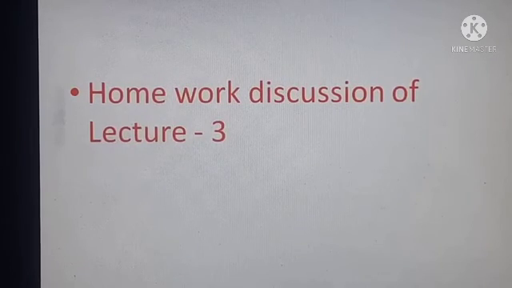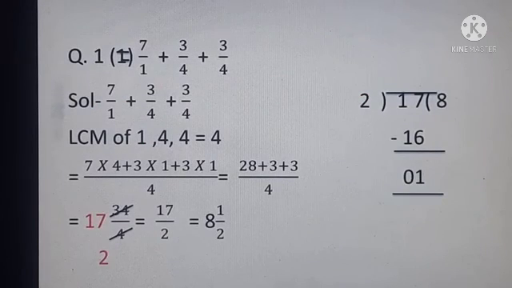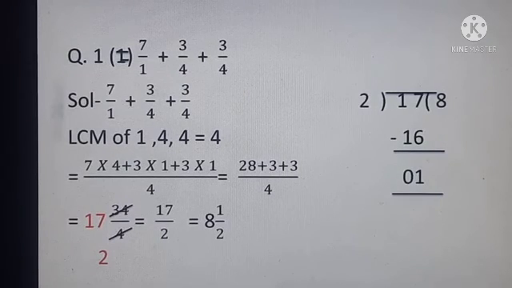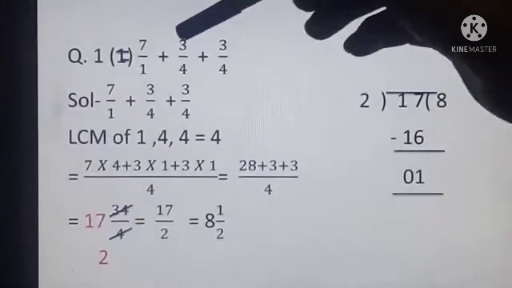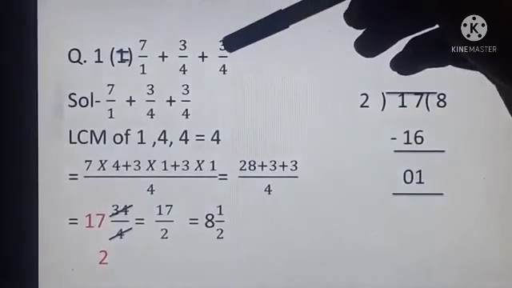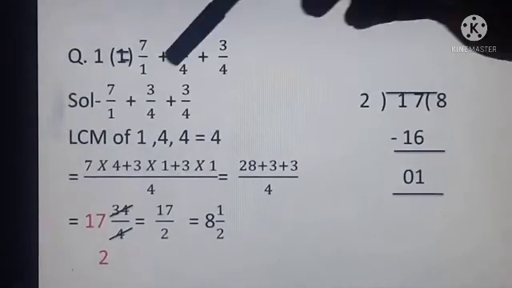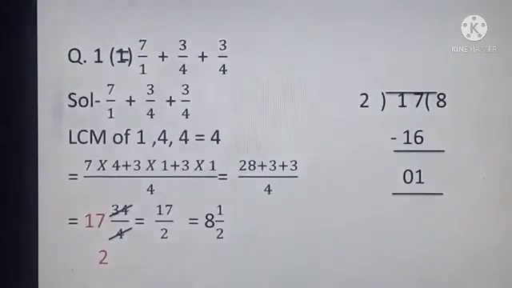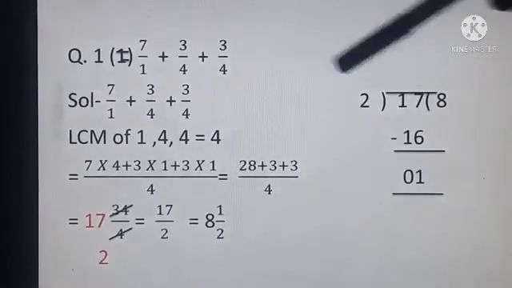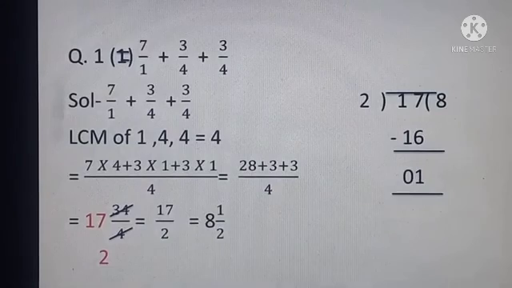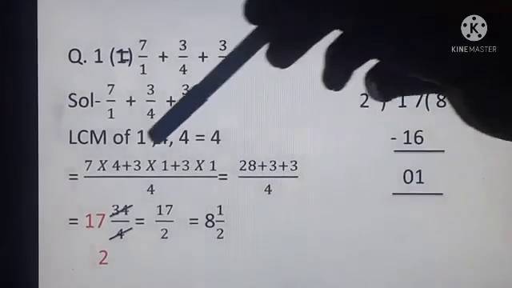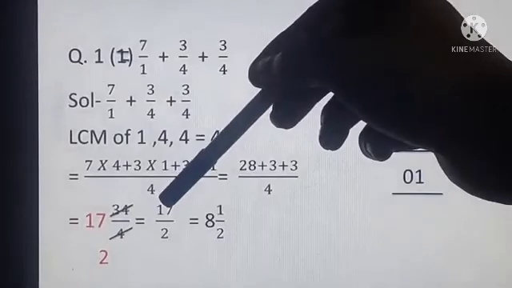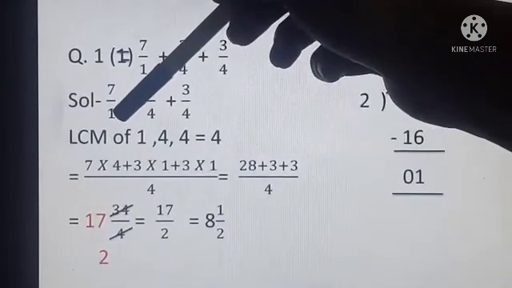Now let's do the homework discussion of lecture 3. Question 1 had 3 parts given, I, K and L. So let's start. This was solved: 7 upon 1 plus 3 upon 4 plus 3 upon 4. First of all, we will write down the question again. Then see the denominators 1, 4 and 4. So the LCM of 1, 4 and 4 is 4. Right? Now the LCM is 4. Now 4 divided by 1 will give you the answer